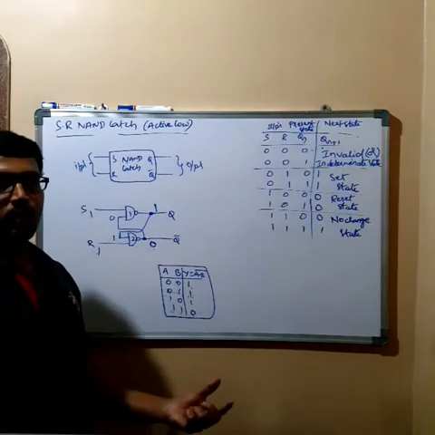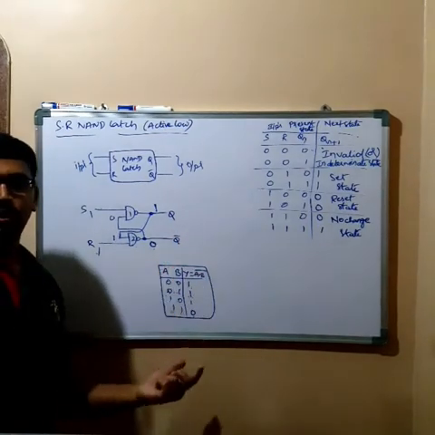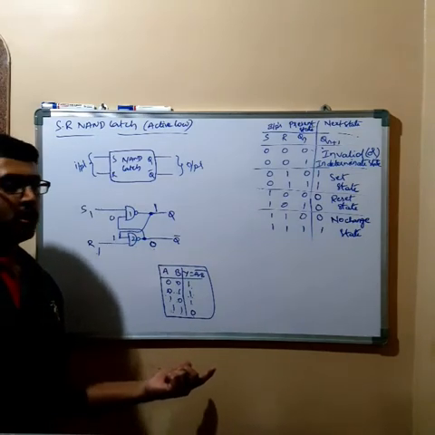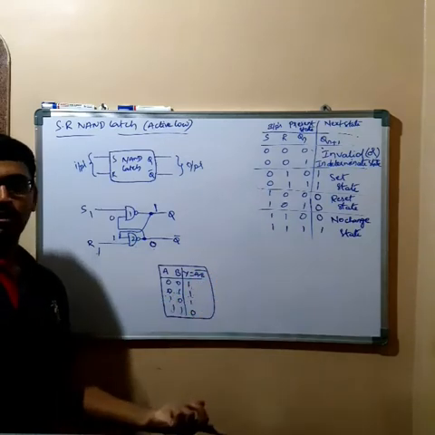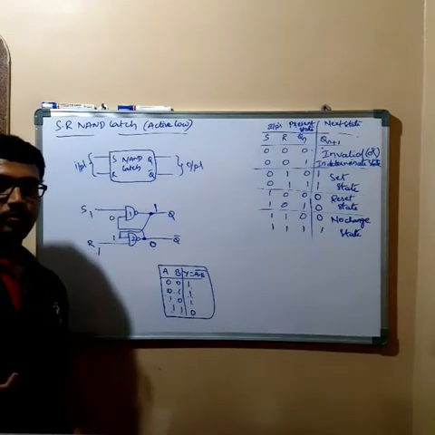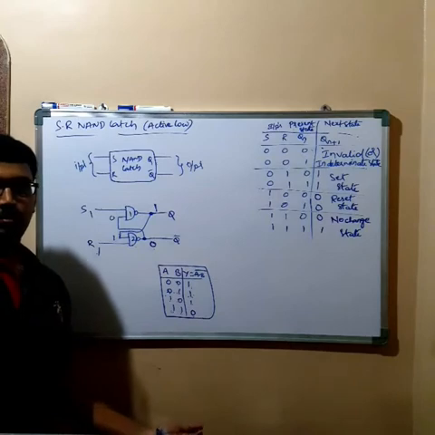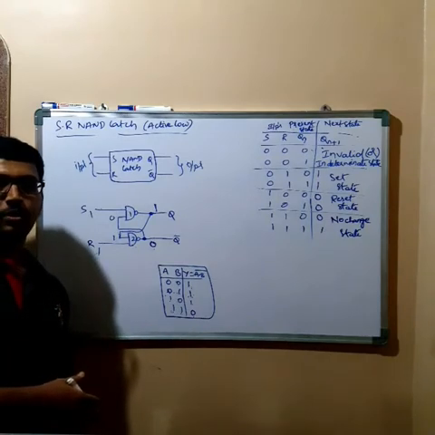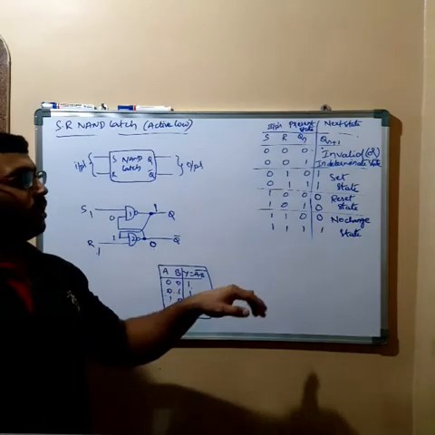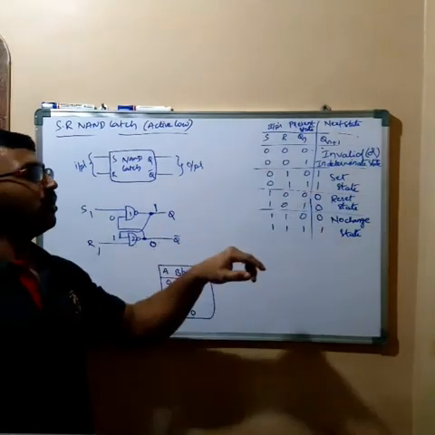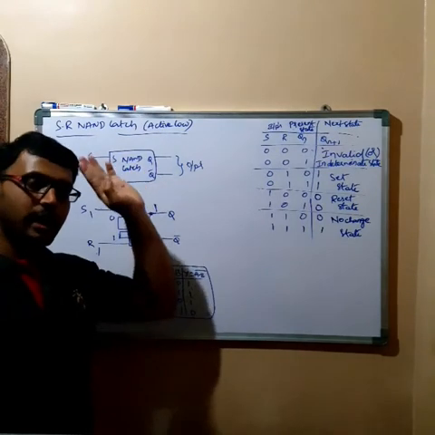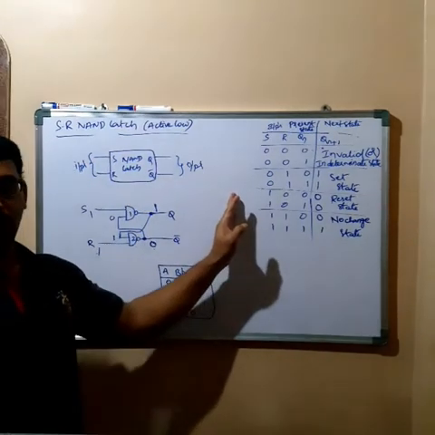Always engineers will try to analyze the operation. And if you feel difficulty, if you are not an engineer, you just remember the truth table. That's it, right? So if you understand this, flip-flops will be very easy. And the NOR latch, same. It has S and R inputs. It is designed using NOR gates, and in the truth table, you will get no change state in case of this combination. For this combination, you will get reset. Quite opposite to this, the NOR latch is active high. This is active low. Both are different, right?